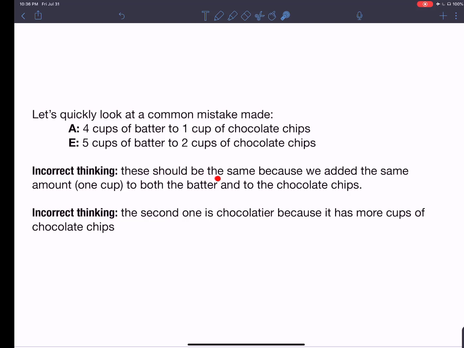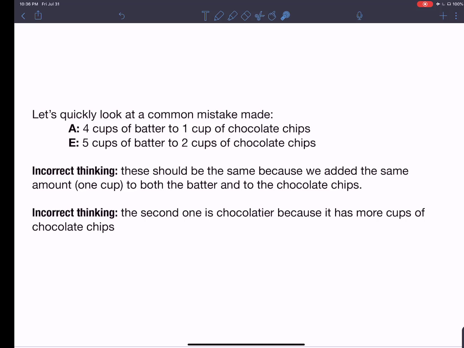These ratios should be the same because we've added the same amount, 1 cup, to both the batter and the chocolate chips. So here they say, from 4 to 5, I add 1, and from 1 to 2, I add 1. So the ratio is the same. That's not true. The mistake was that they were like, oh, I'm going to add 4 plus 1 and 1 plus 1. But remember, we have to keep the ratios and proportions the same, and in order to do that,